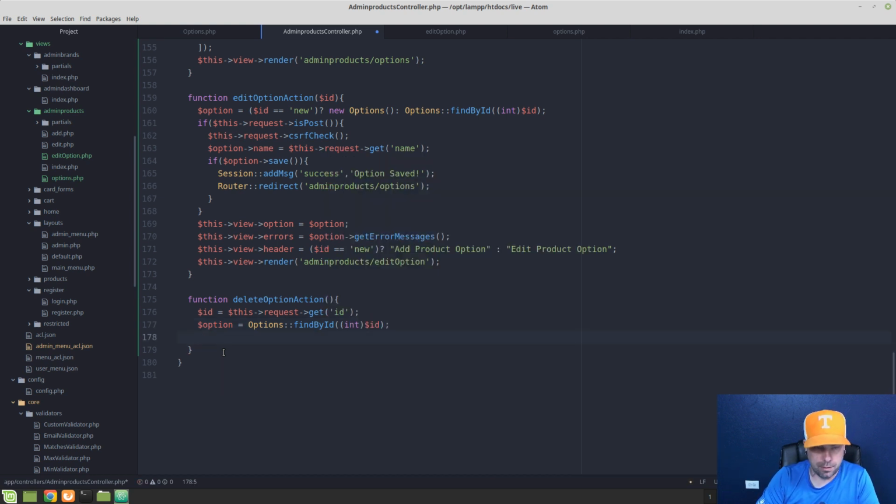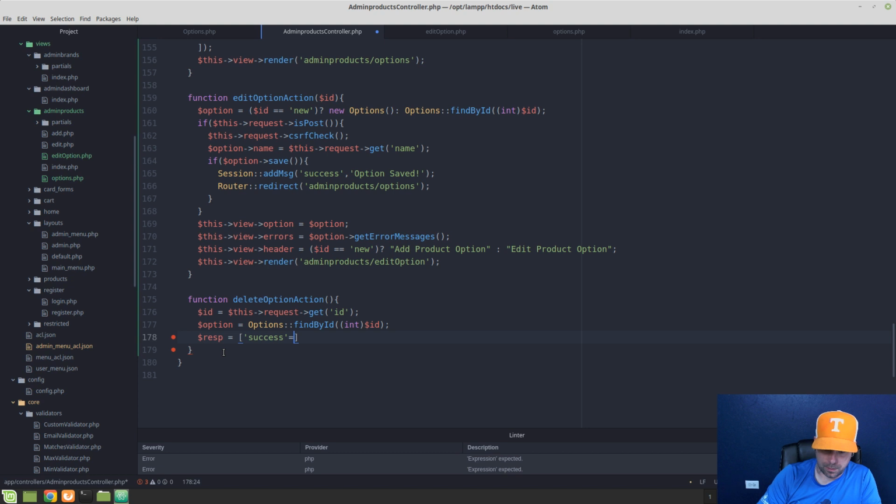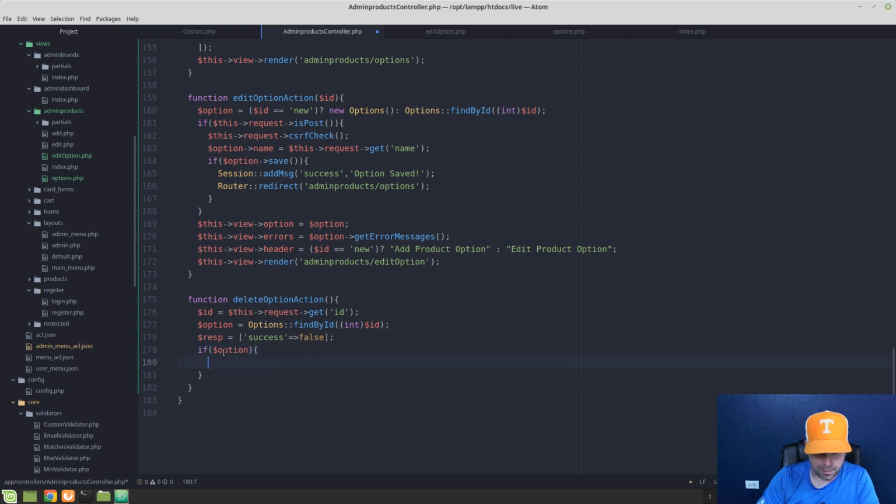And then, let's see, response, we're going to do response equal to success false. We're going to say if option, then we're going to say option